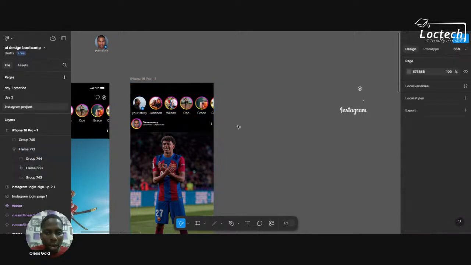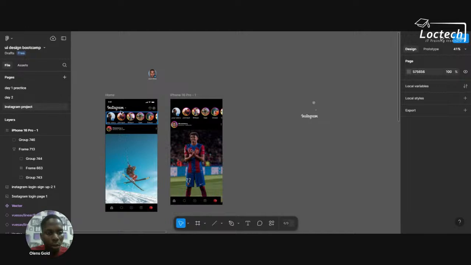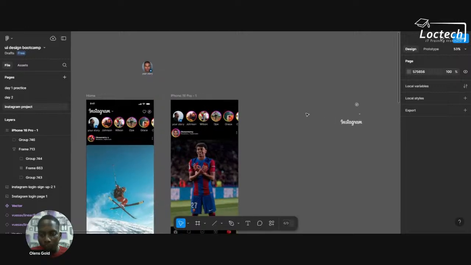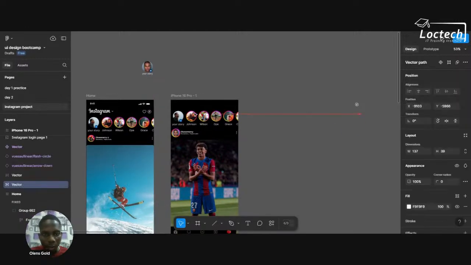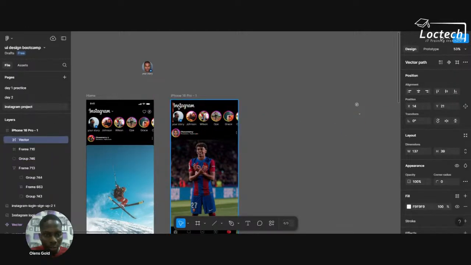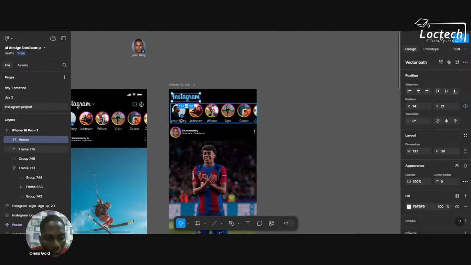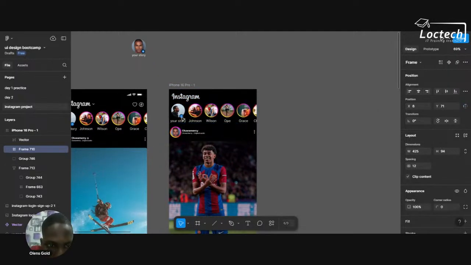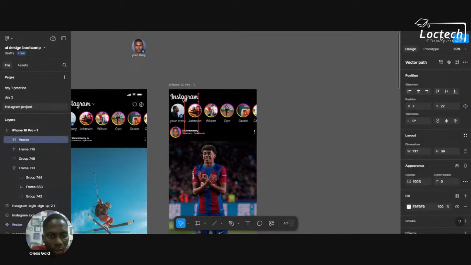All right, so the next thing that we have to do is to add our Instagram logo, the drop down, and the like and chat icon, which is what I'm going to do right now. First of all, select my Instagram logo and place it up. You see how Figma is helping me to assure alignment. Okay, then once that is done, next